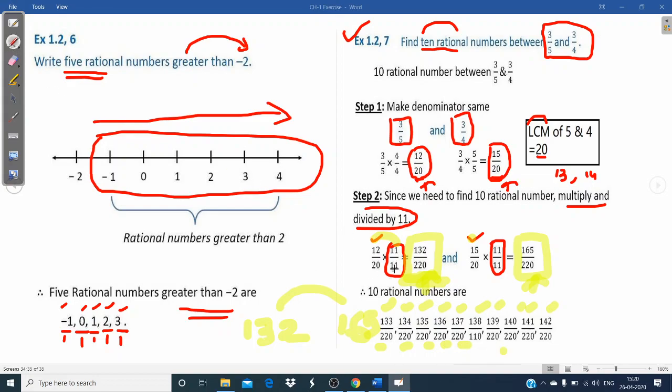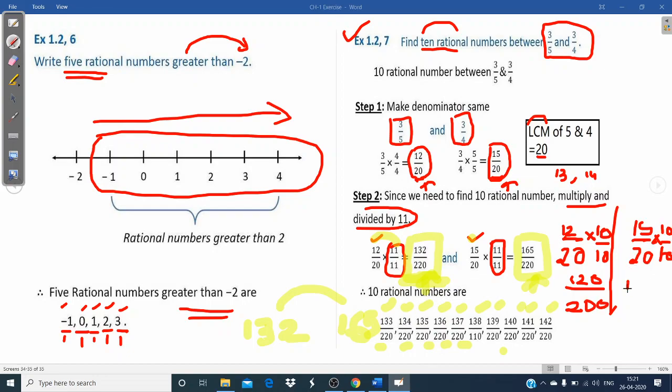And student, I told you it is not like that you have to multiply by a particular number. Like here in the first step, you have 12 by 20 and the next number was your 15 by 20. So instead of this, if you want to multiply by 10 by 10 also, that also is correct, no problem. I multiply by 10 by 10 here, and here also I multiplied by 10 by 10. So now 12 tens are 120. Now this will be 200. Now here 15 tens are 150